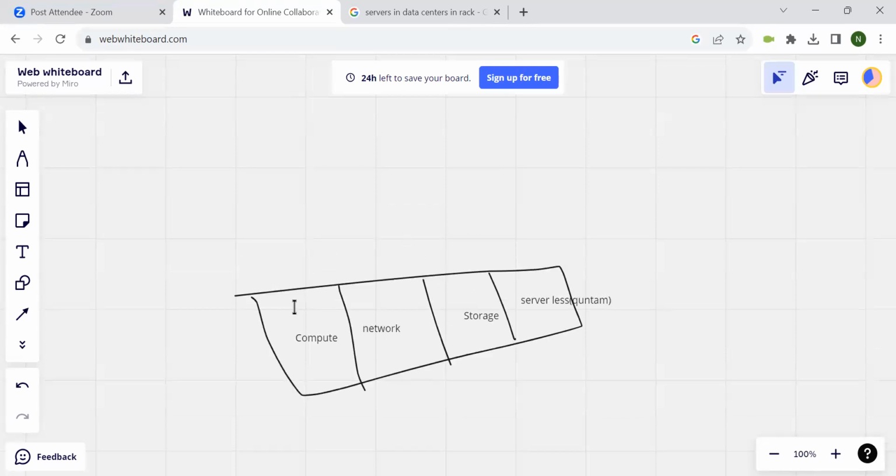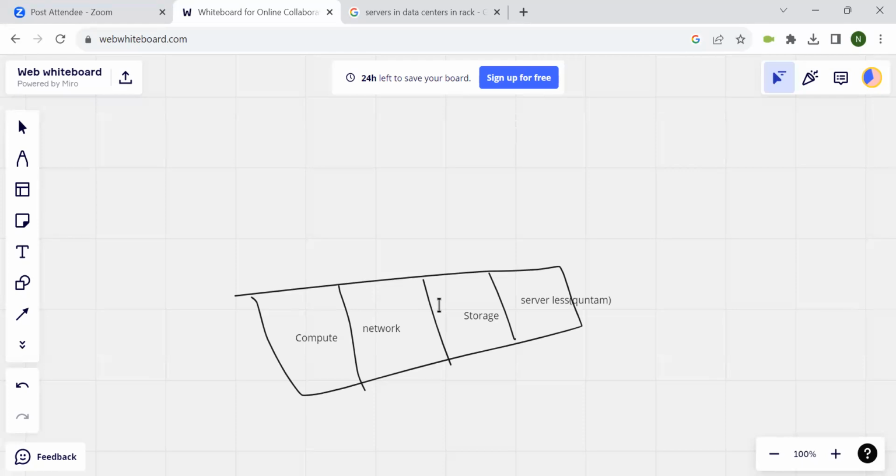Similarly, why do we need all this? In order to reduce the operations cost, to reduce the heavy resource utilization, and to optimize the existing resources. These are the reasons why we adopted cloud services from on premises.